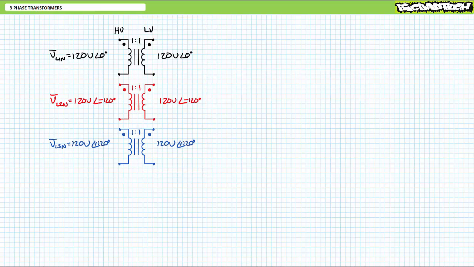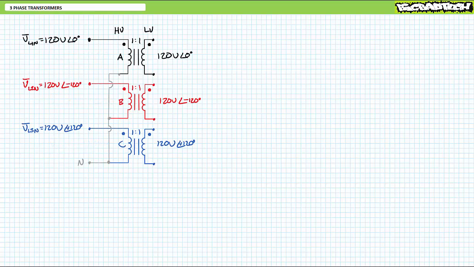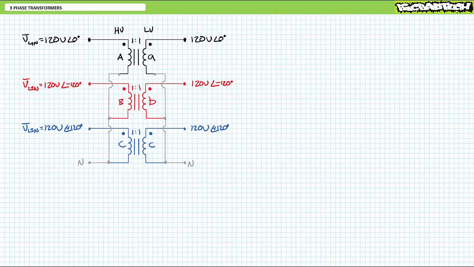Now, rather than treating these as three independent systems, let's hook them together. Consider just one of many possible configurations. Since we're feeding each primary line-to-neutral voltages, one way of arranging the three primary windings is to conjoin each primary winding non-dotted end as the neutral-connected central node of a Y configuration. Similarly, one could conjoin the three secondary windings' non-dotted ends to form another neutral-connected central node of another Y